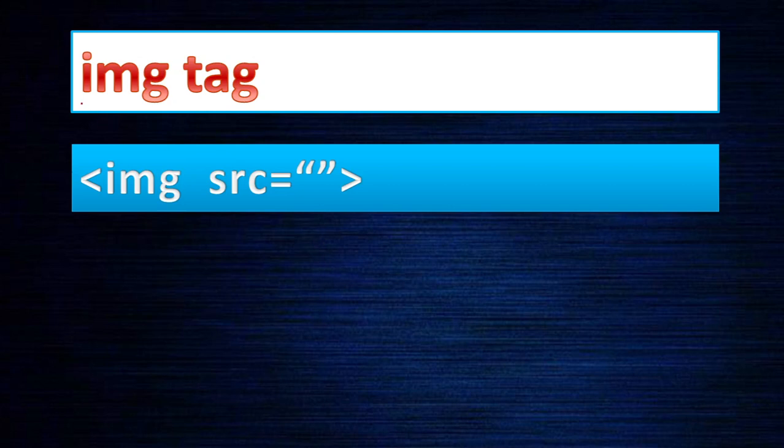We learn one more new tag called the image tag. The image tag is basically to display pictures. If you want to display some pictures, then we have to use the image tag. Here the image tag doesn't have a closing tag, it's only one tag. So img, then there is an attribute here, src, then the file name, and then you have to close. So img and then src, that is the file name you're supposed to give.